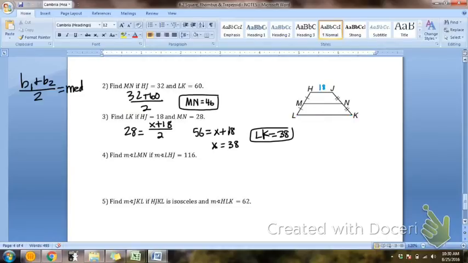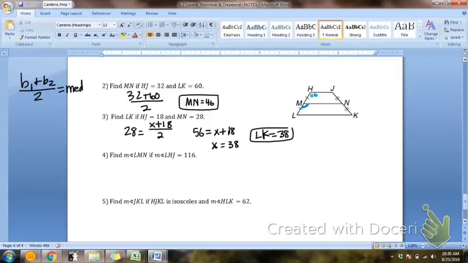Almost done, almost done. It says find angle LMN if LHJ is 1/16. This is an interesting question. I know, you don't really care. But, okay, so LMN is this angle here. Right here. Can you see my little blue mark? LMN is here. And if LHJ is 1/16,